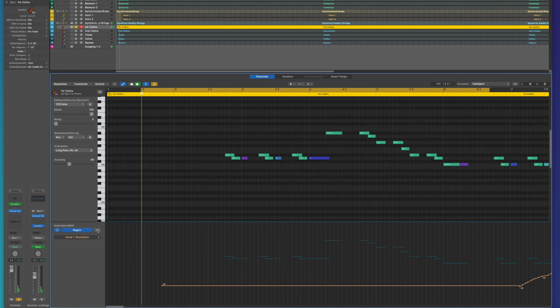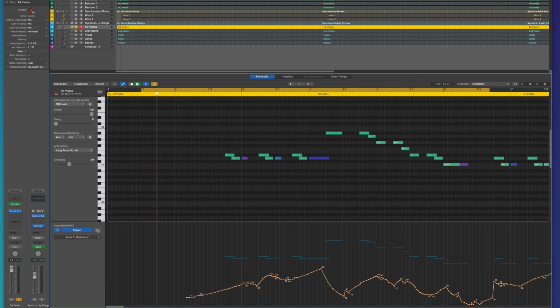Now I think you would agree that basically no one would leave this phrase just like that. Anyone would put in at least velocity crossfade data or even some expression. So that's what I did. I used velocity crossfade to create a little increase in energy basically that I heard in a lot of real recordings of the symphony. And then the phrase sounds like this.